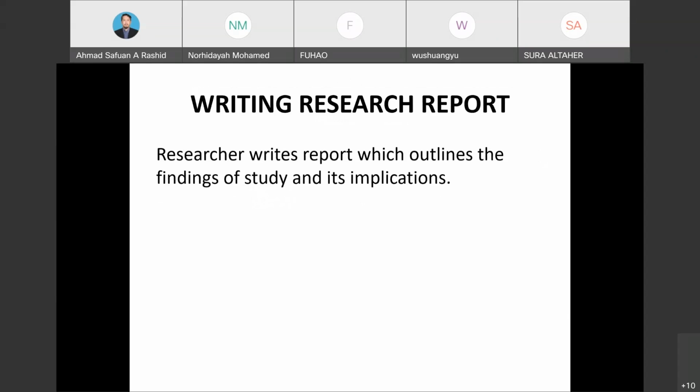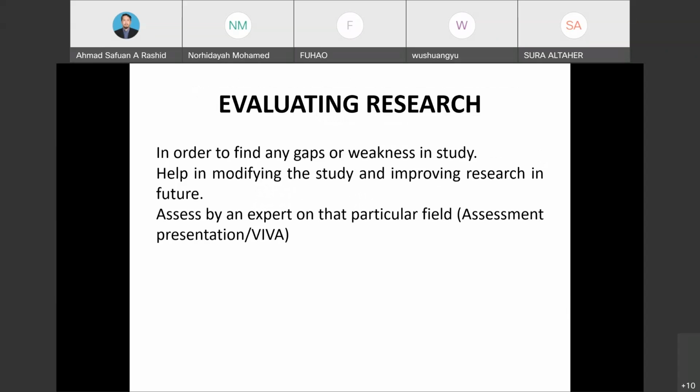Writing a research report, which outlines the findings of the study and its implications. Evaluating: at the end, you may sit for your oral examination or viva voce session. So don't be afraid. Once your supervisor has allowed you to submit, almost 90%, you may get your PhD. So the 10% is